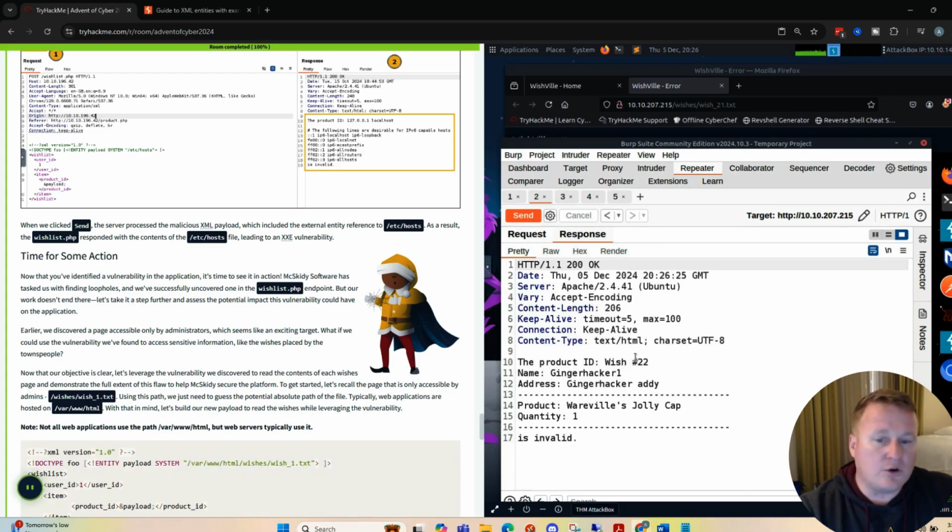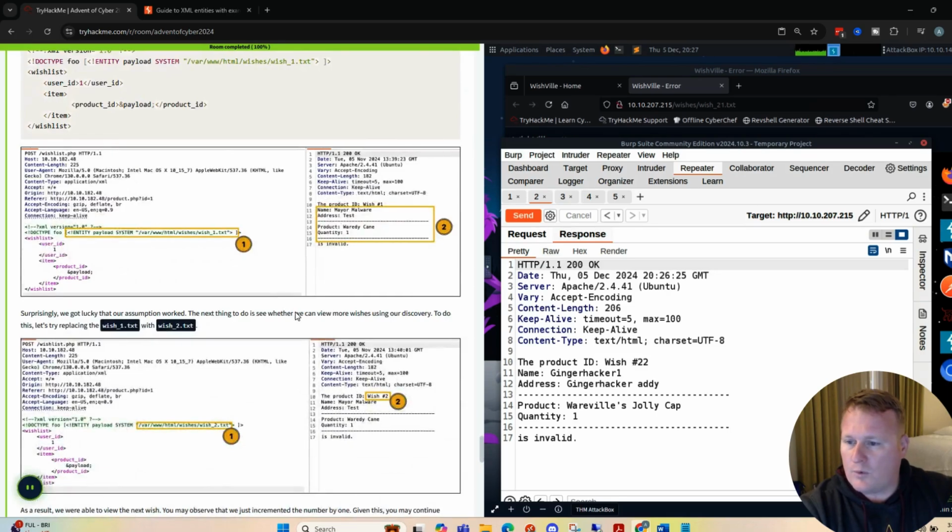Now, I could, if we want to, just go in here and change out all my wishes and go from 1 to whatever number we know. And if you recall, when you entered in your wish, it should have put you at either wish 21 or wish 22. So ideally what we're wanting to see on our first flag challenge is that it wants us to find one of the flags in the additional wishes. So you could simply go through here, 1 through 15 or 1 through 25 or 1 through 21, and then view every single one independently. However, what we're going to do